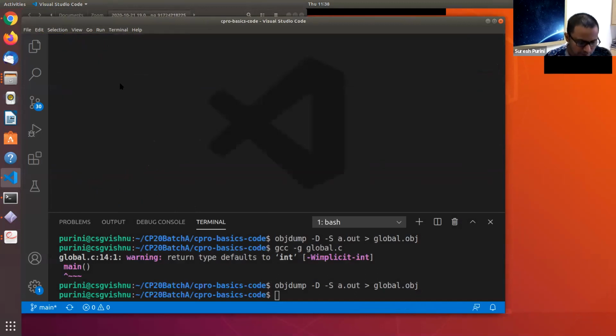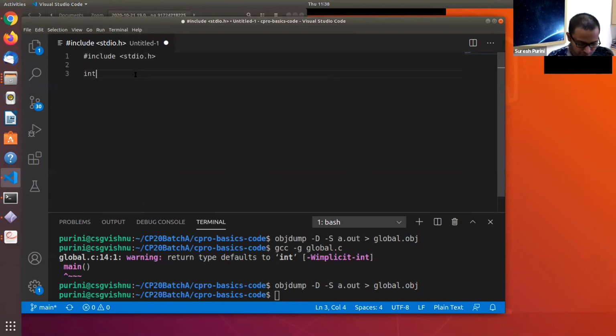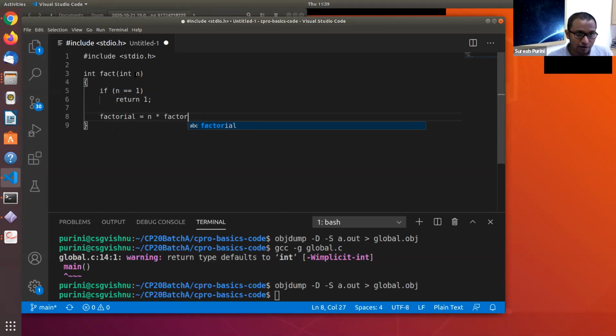Now let's write a small program. Okay, so #include <stdio.h>. int fact(int n): if n is equal to 1, return 1, else factorial is equal to n star fact(n minus 1), return factorial.